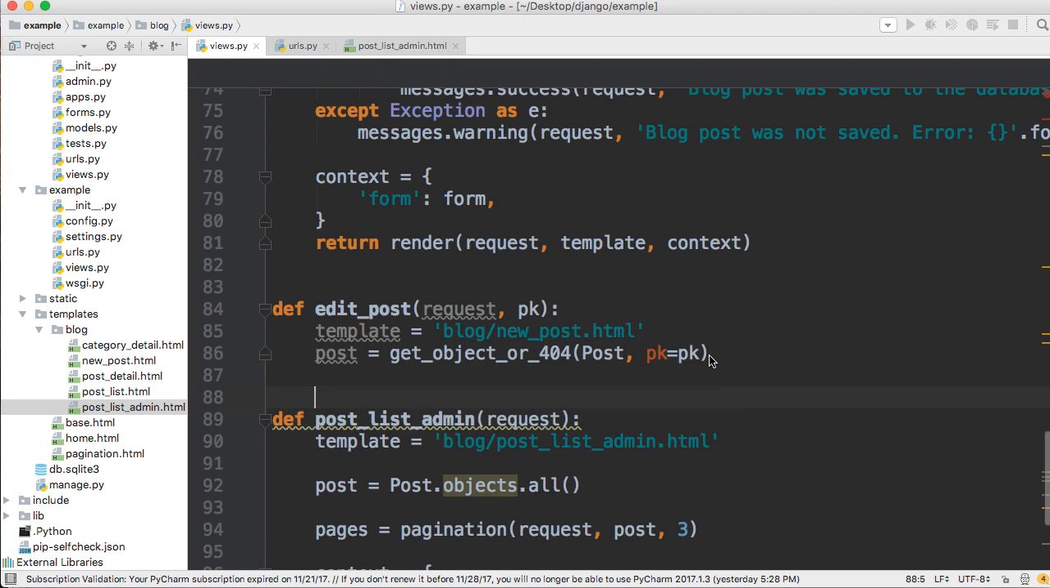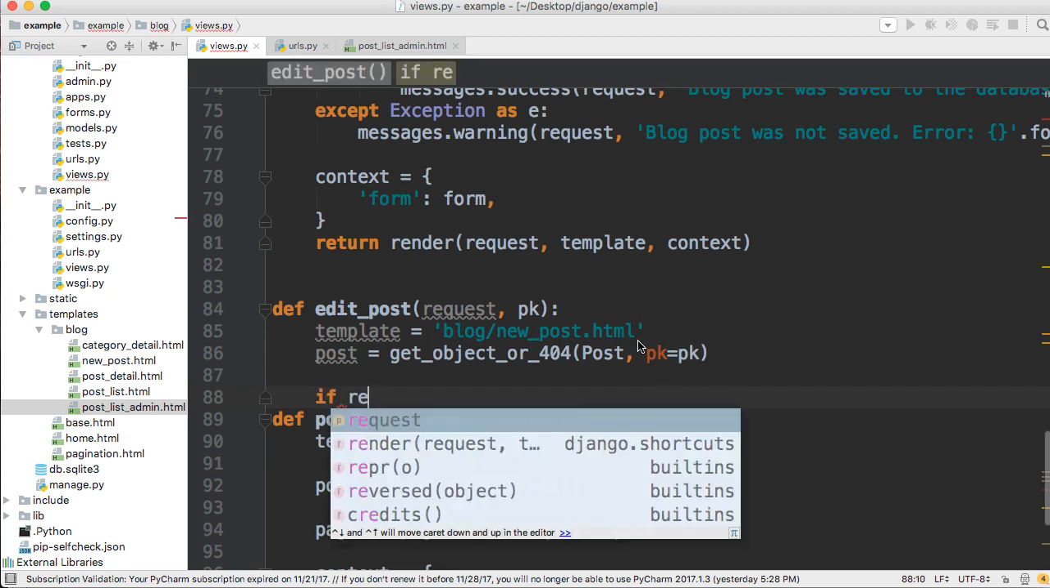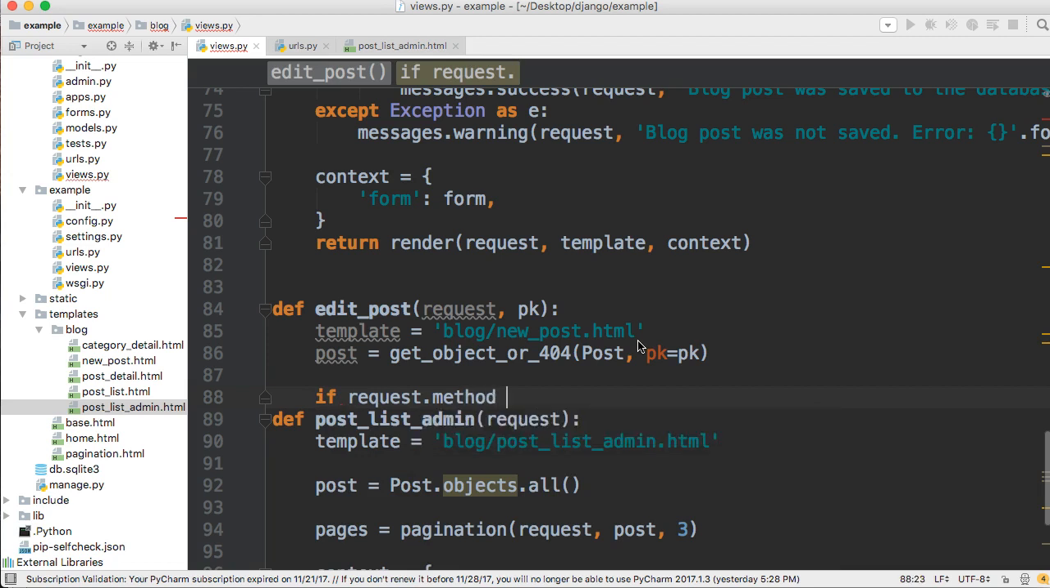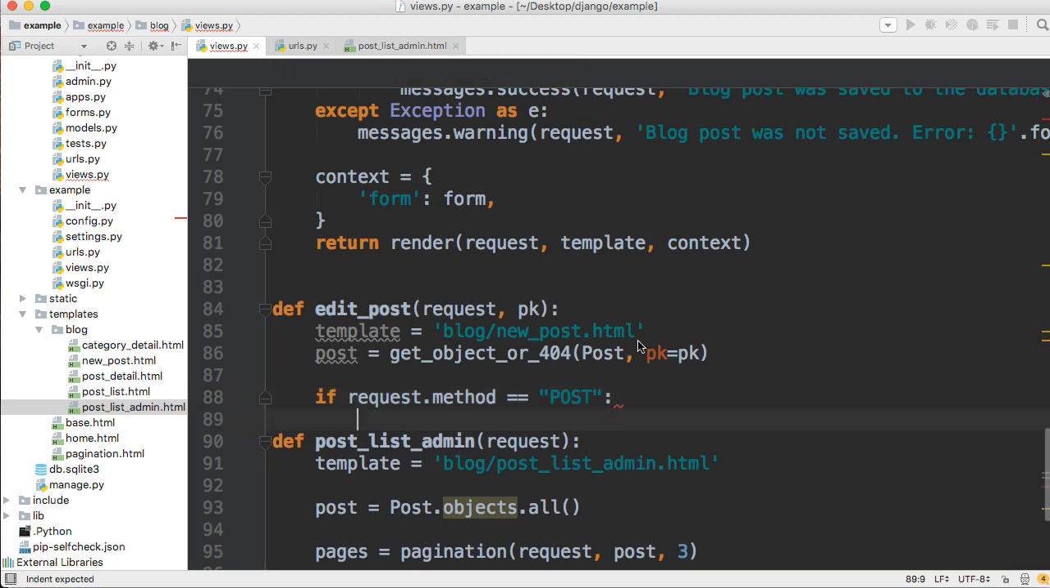Alright, and then next thing we're going to do is check to see what kind of request method is being sent to the view. So we're going to say if request.method is equal to POST, and POST would be something when we update the form or save it. Is it being sent as a post or a get or whatever else? But if it's a post, then we are going to go ahead and